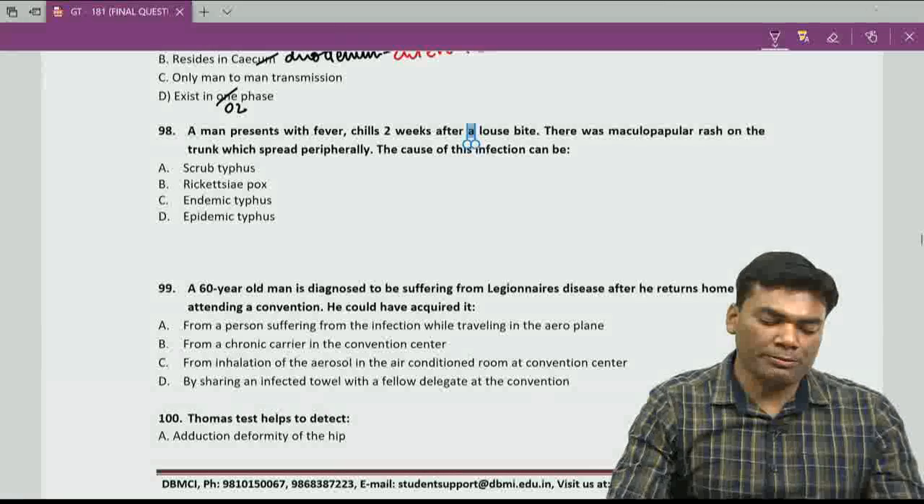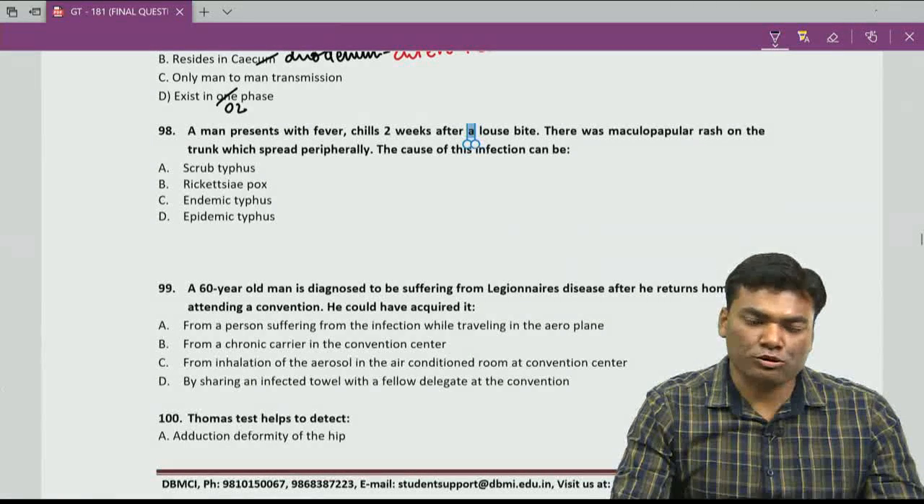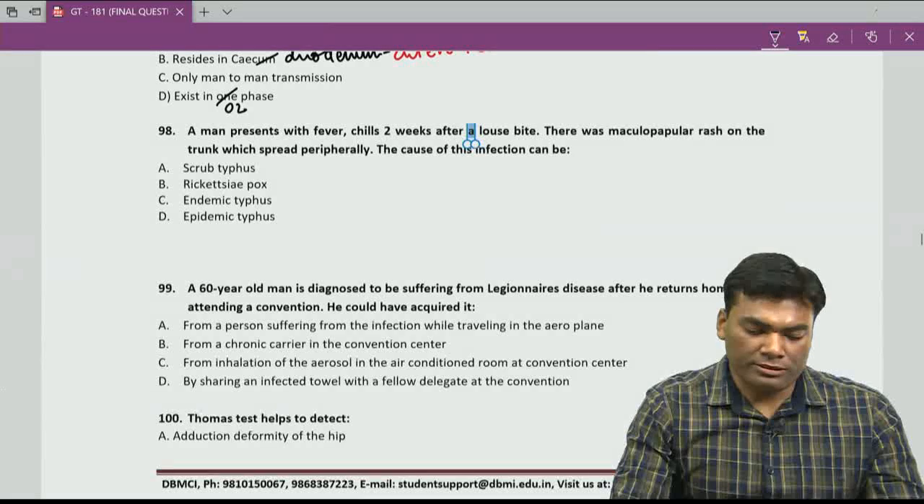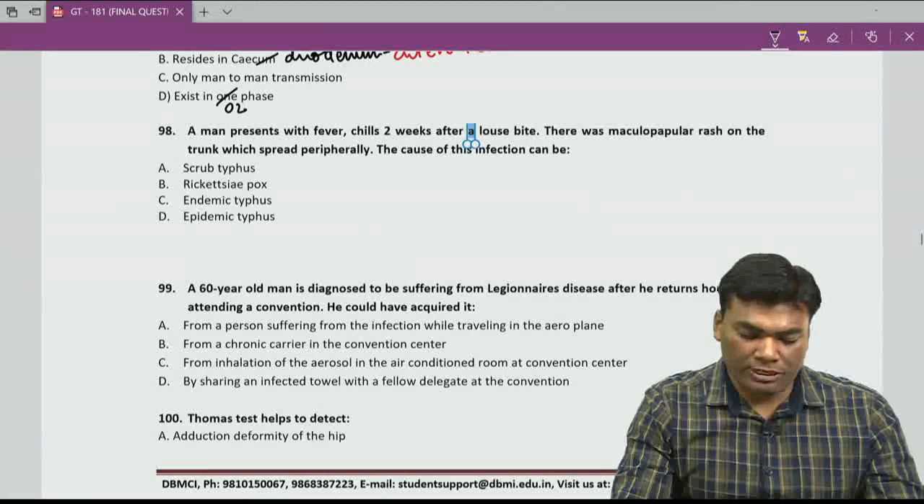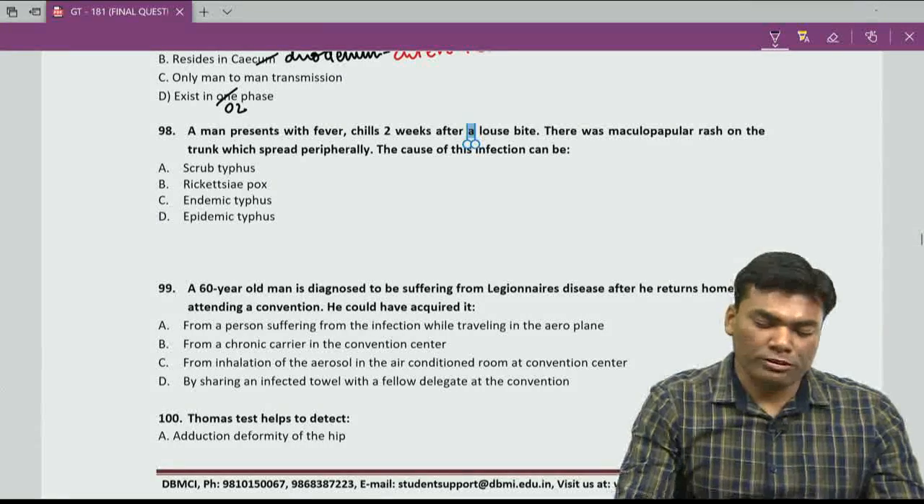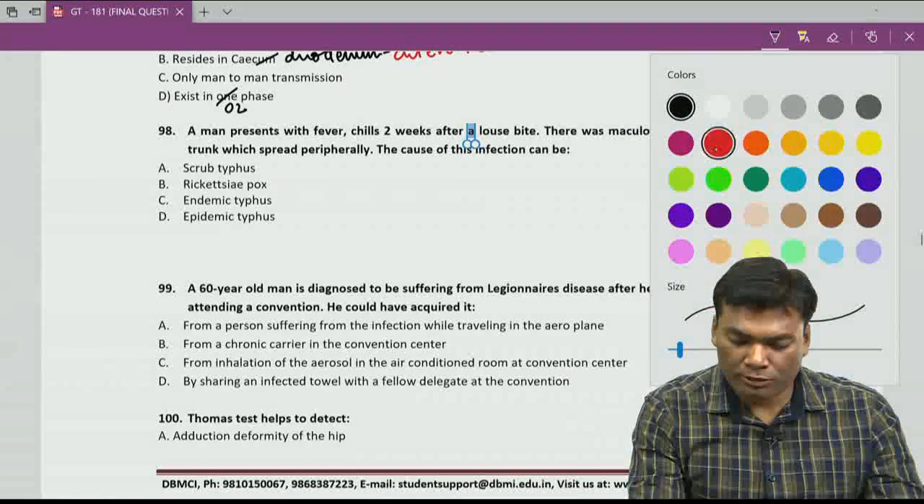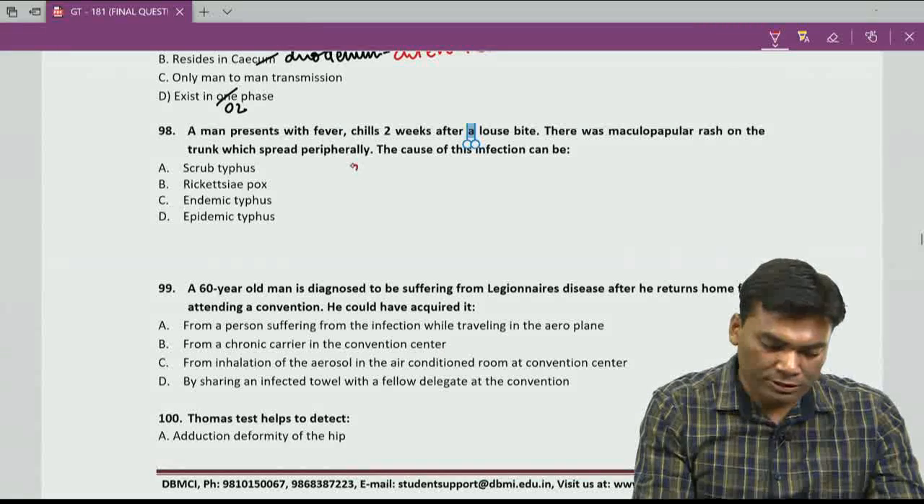The next question is, a man presents with fever and chills 2 weeks after a louse bite, with a maculopapular rash on the trunk which spreads peripherally. What is the cause of this infection? Now you should understand that there are two concepts here. One is that if